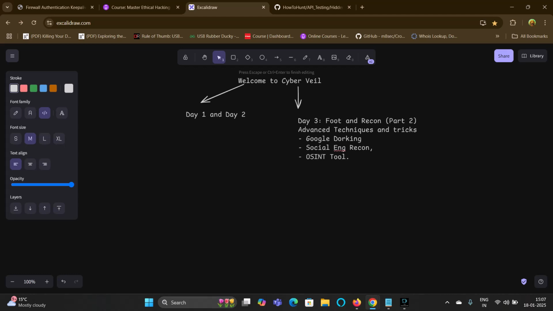And before I proceed further with the definitions and the techniques, I would like to tell you one thing, guys, that we have already discussed social engineering recon in the previous video, and we have also discussed the way to perform social engineering recon and OSINT tools also we have discussed. So we are not going to put much pressure on these things, and we will be discussing basically